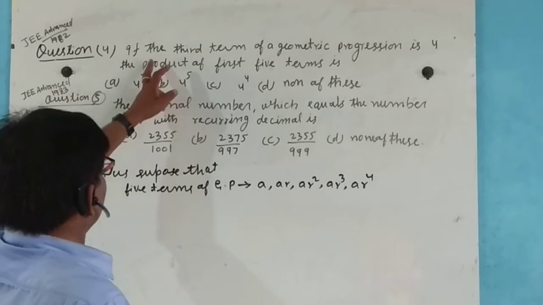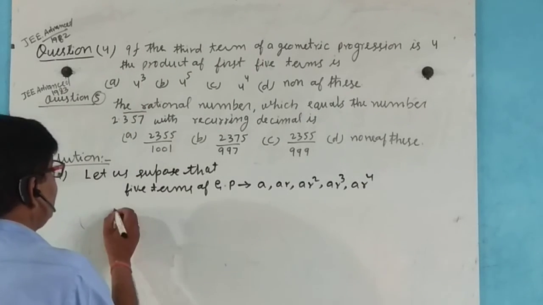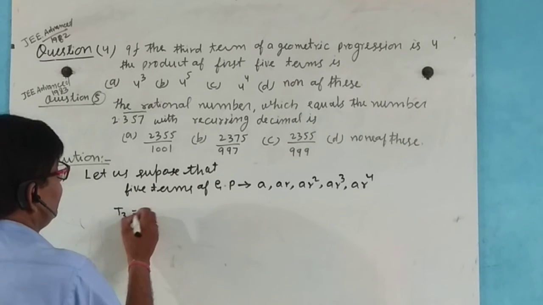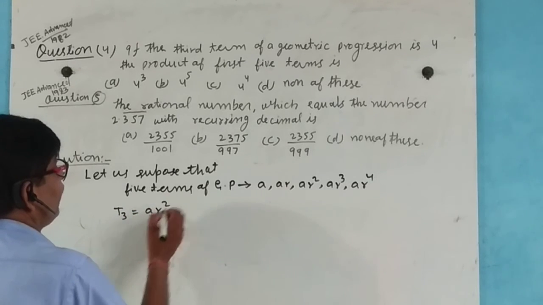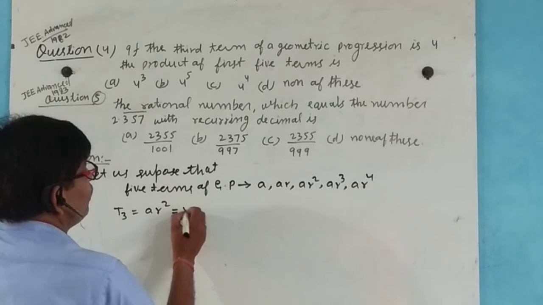Now given if the third term of a geometric progression is 4, third term T3 means ar square equal to 4